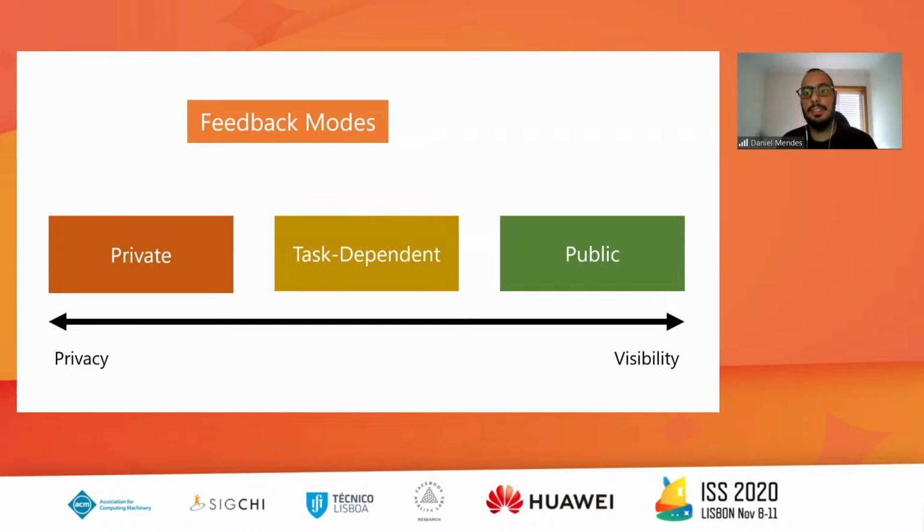We investigated 3 auditory feedback modes, which employ different trade-offs between privacy and visibility of the user's information. Private behaves similarly to a traditional screen reader, as speech feedback is restricted to users' own actions. In the public mode, users receive audio feedback about their own actions, as well as the actions of partners. For the task dependent mode, in addition to their own actions, users receive feedback about their partner's actions that are relevant